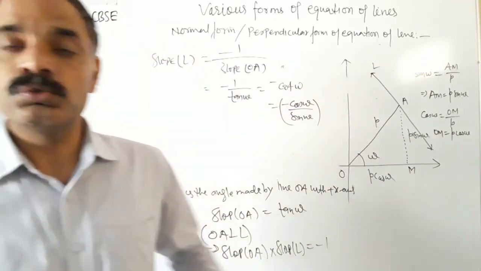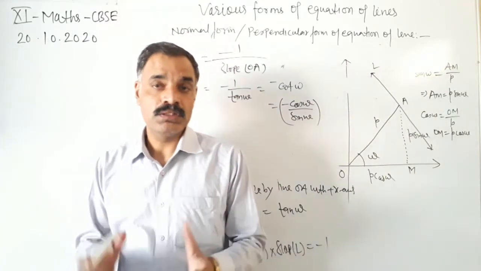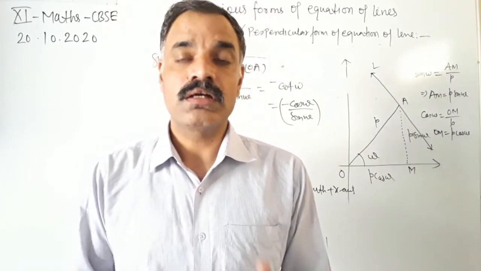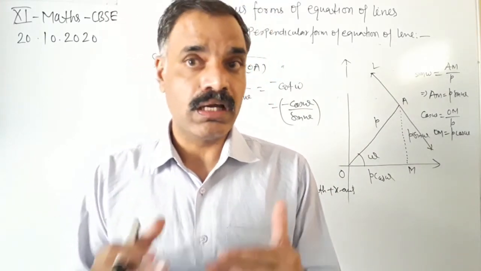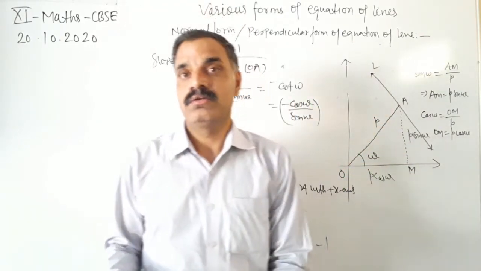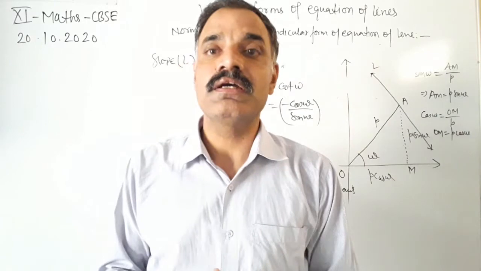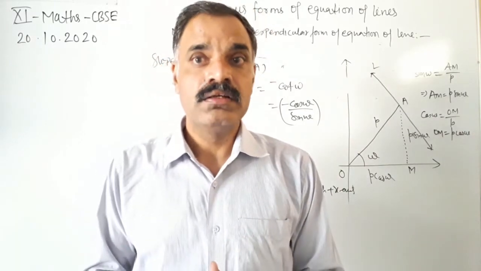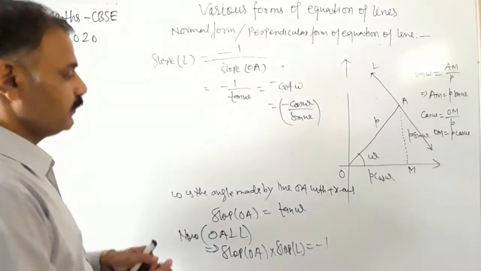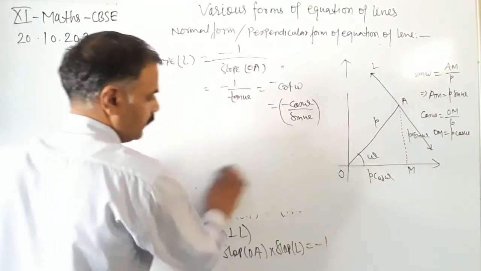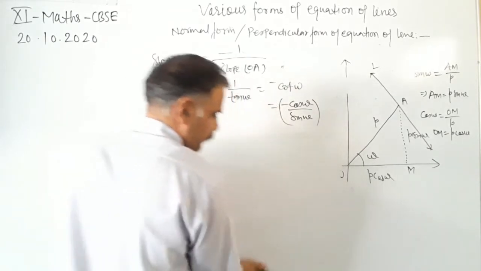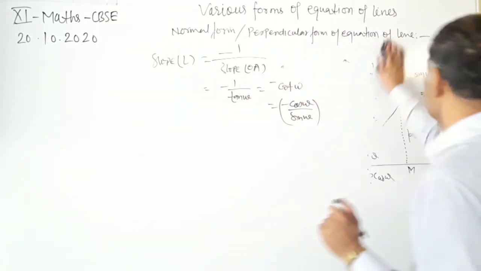So two things we have found: the slope of the line L and the coordinates of a point on the line L, that is, the coordinates of the point A. By using this information we can find the equation of the line using the point slope form. So, using the point slope form, the equation of the line is